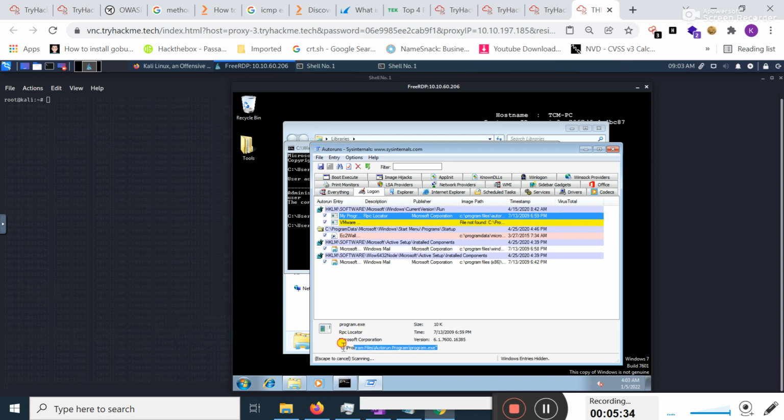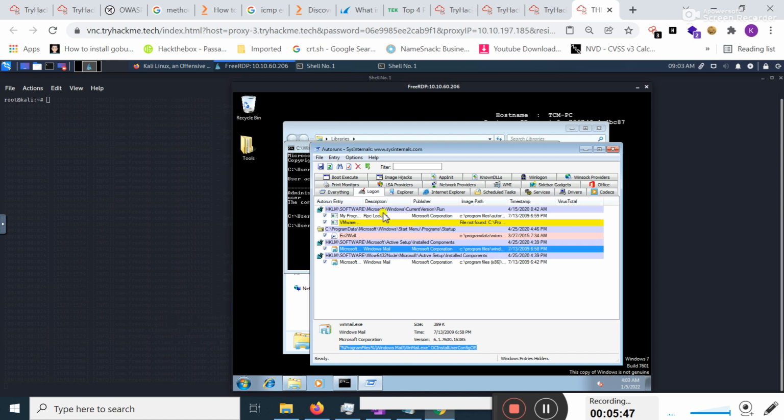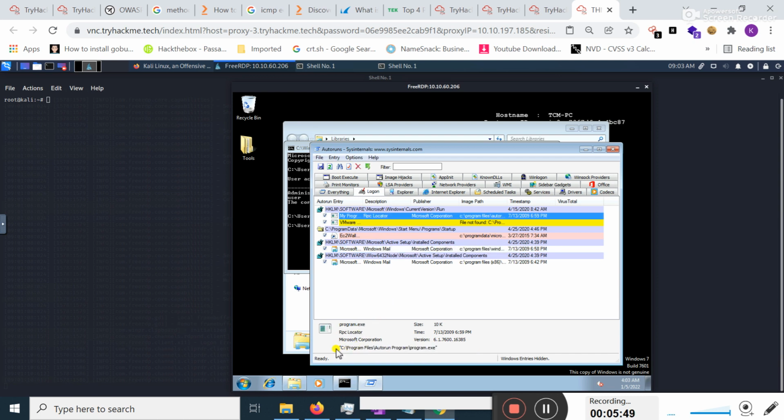This is the path of this file. If I click on VMware, this is the path of this file. If I click on Microsoft Mail, the path of this file is present. Okay, when I click on My Program, you can see it is present at the Autorun Program program.exe.